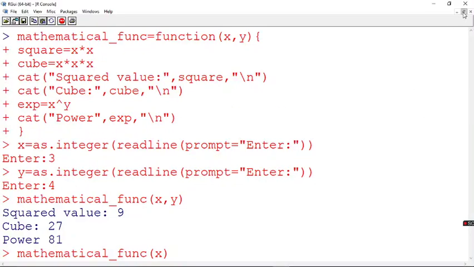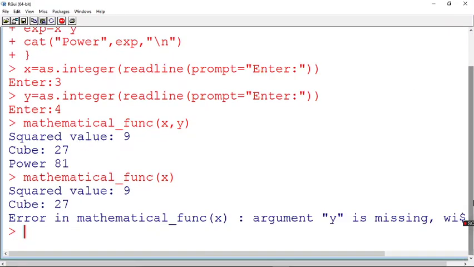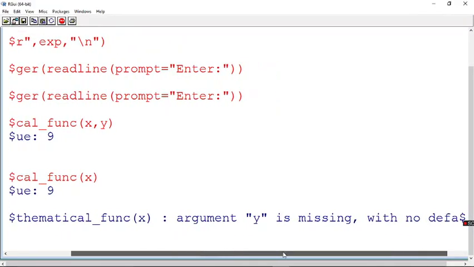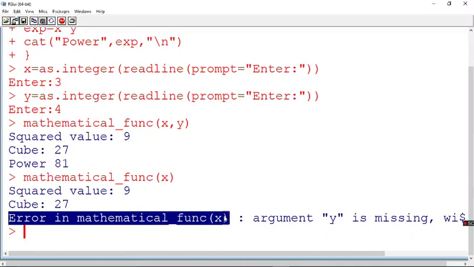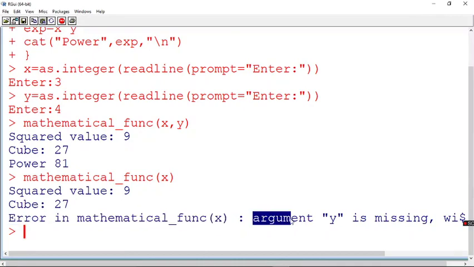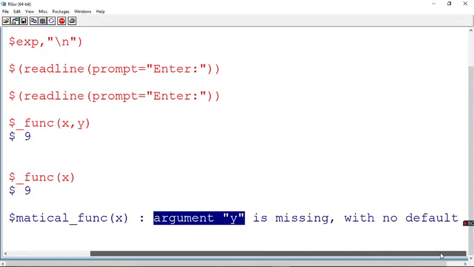Fine, I have pressed enter. Now let's see what is happening here. See, I've got something like this. What is it saying? First, it has found the squared value, wherever x was used. That alone it has taken, and when it tried to execute the last expression, that is the power function, in that case alone it is giving you an error in mathematical function, where it says argument y is missing, with no default.